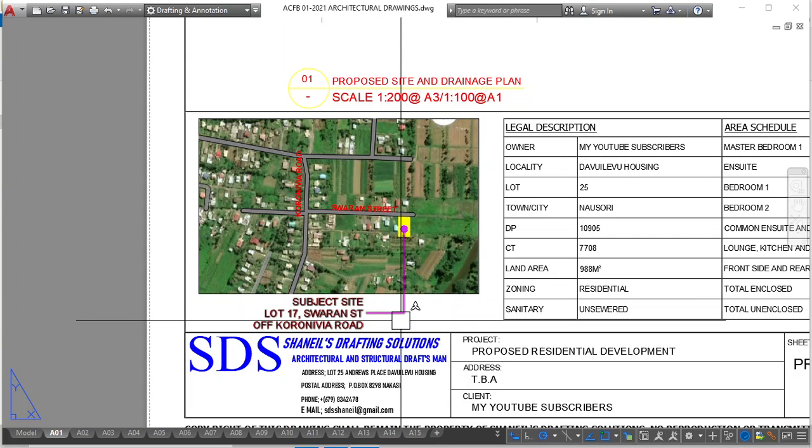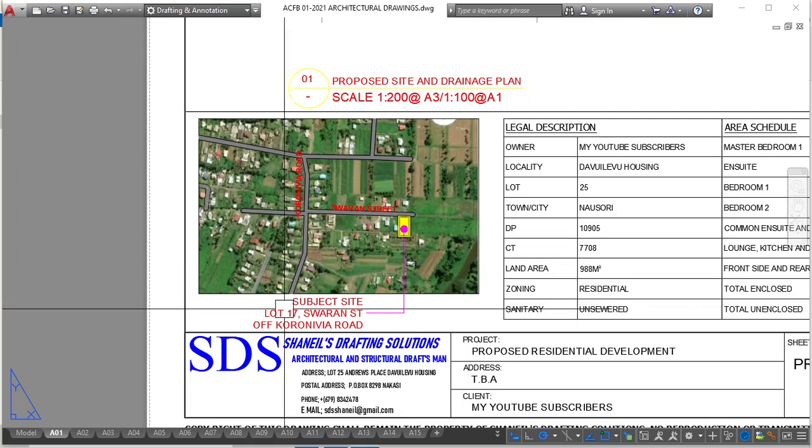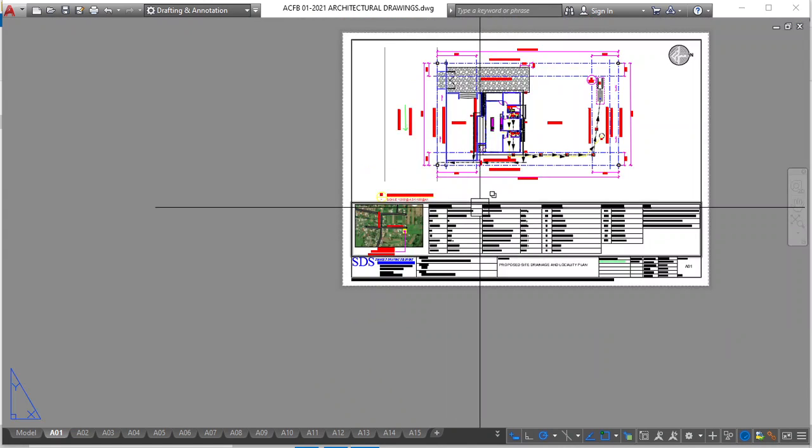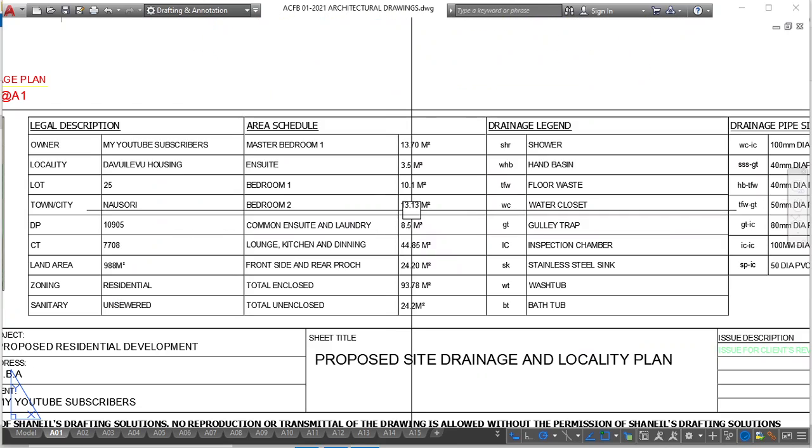What I actually do is zoom into the Google Maps area as to where the building will be situated, and then I external reference it into this rectangle over here. And then I enter the text and label it as to what the subject site is along with the solid hatch color. Now the next thing that I like to do is fill in this table.